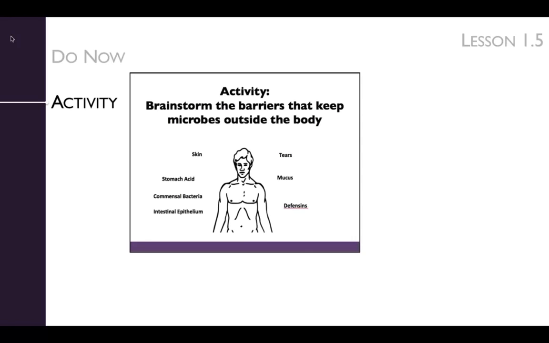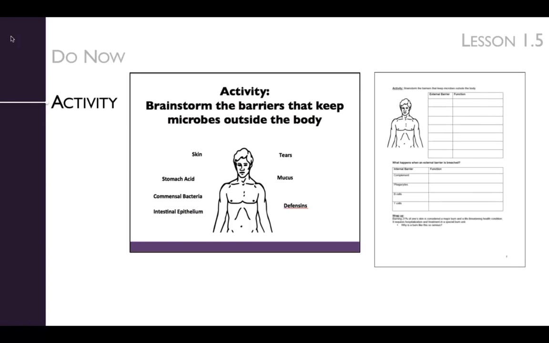To begin the activity, have students draw on their prior knowledge of the kinds of barriers that help keep microbes outside the body. The students can record their thoughts on the worksheet. We will then add to the students' lists with a class discussion to identify 7 important structural, chemical, and microbial barriers. Structural, which includes skin and intestinal epithelium, chemical, which includes defensins, mucus, tears, and stomach acid, and microbial, which